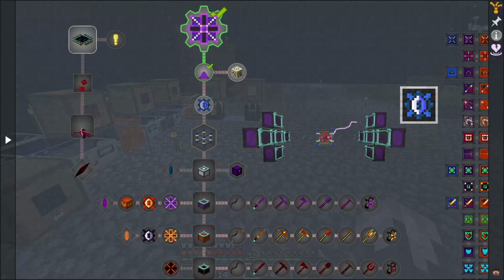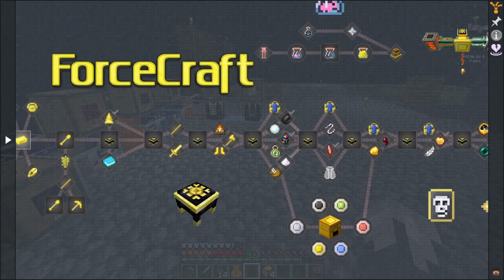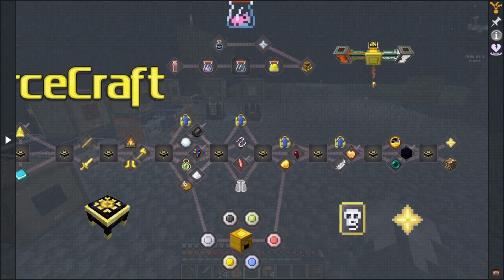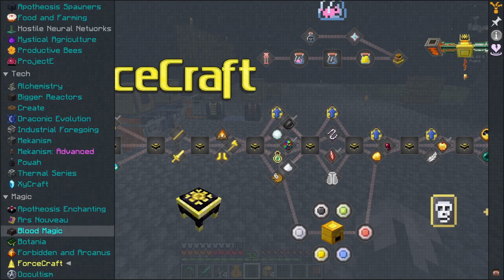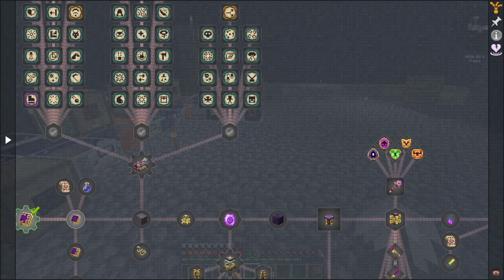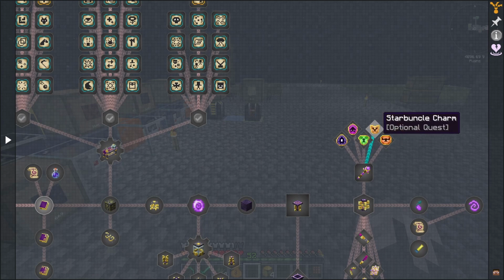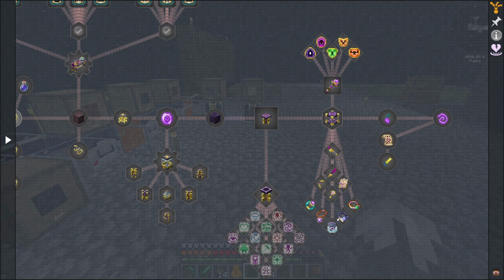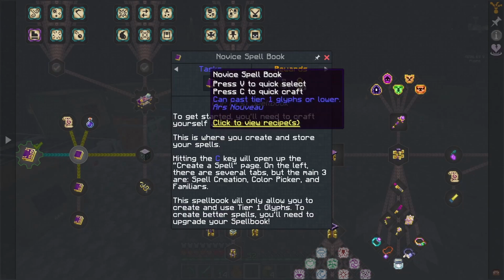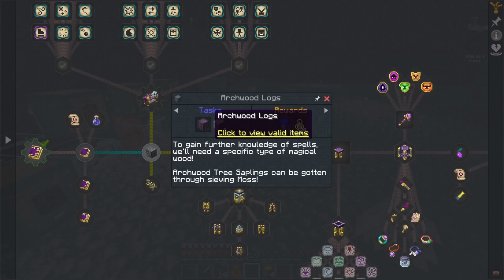We've got several different mods that we've got to make our way through: Ars Nouveau, Blood Magic, Bountiful, Forbidden and Arcanus, Occultism, Forcecraft. I'm not sure why that's a magic mod, but sure, whatever. We're not worried about Forcecraft right now. I do think we're going to start with some Ars Nouveau, because this will get us to where we can get a village, and it's also going to be how we get to the Warden. But in order to get into this, we're going to need to get some archwood,